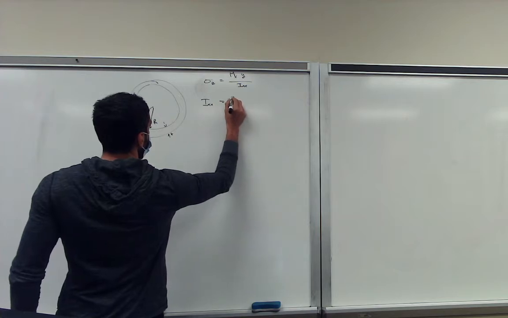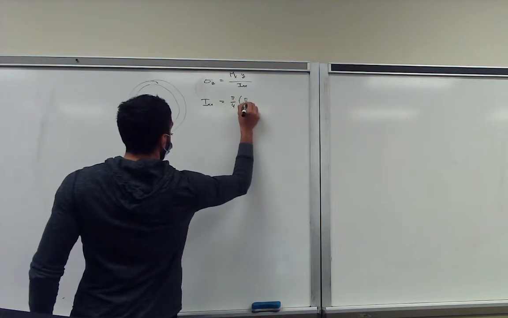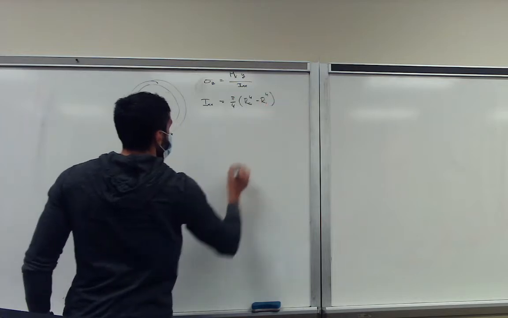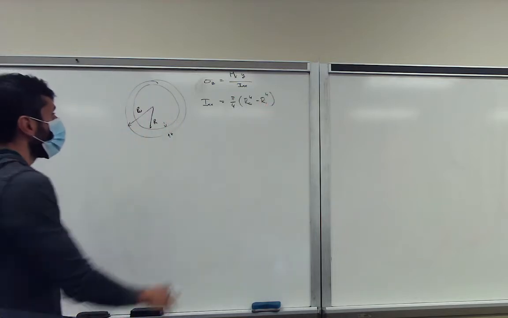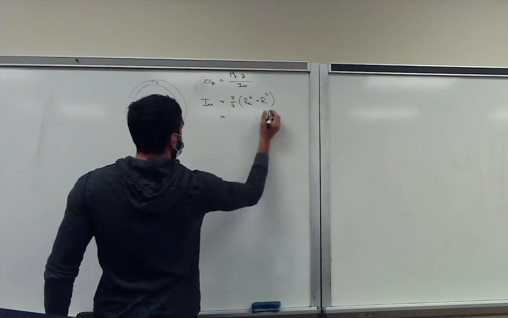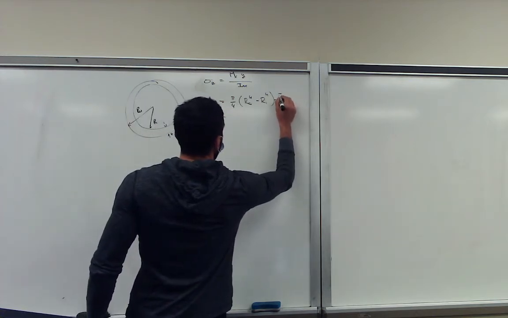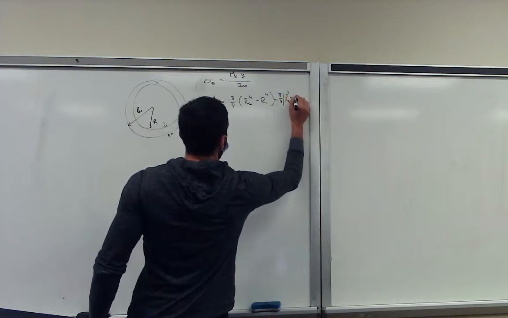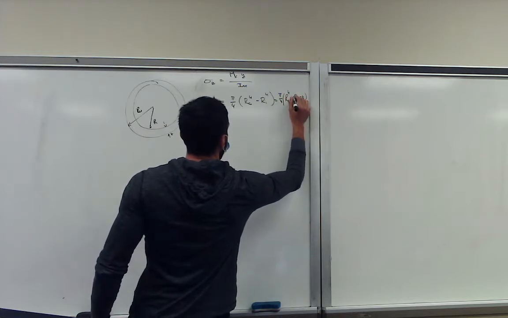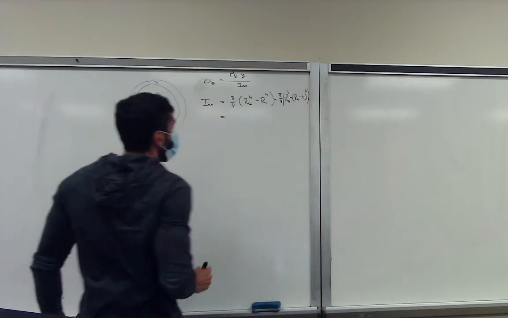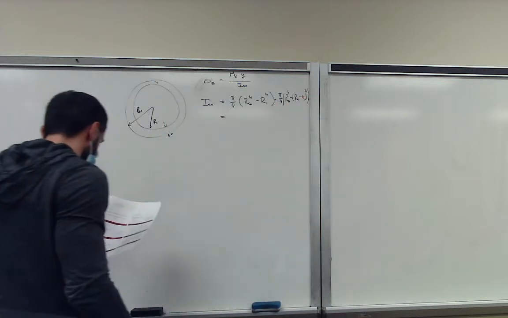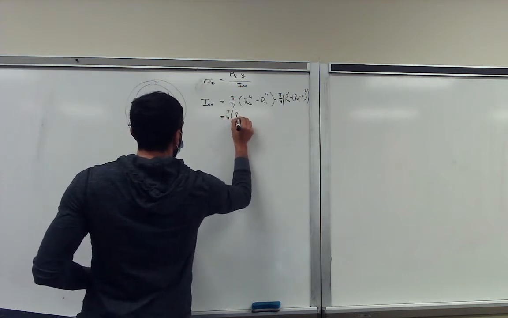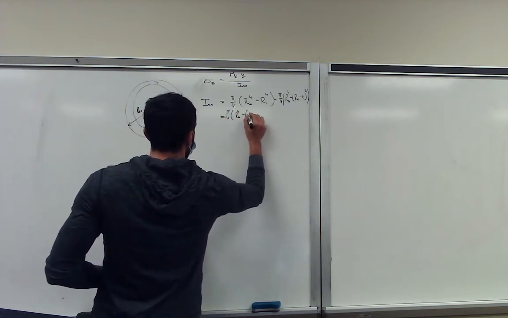And we say that's equal to pi over 4 times the outer radius to the fourth minus the inner radius to the fourth, where the inner radius can be written in terms of the outer radius as well. So you can expand this. What we get is pi over 4 outer radius